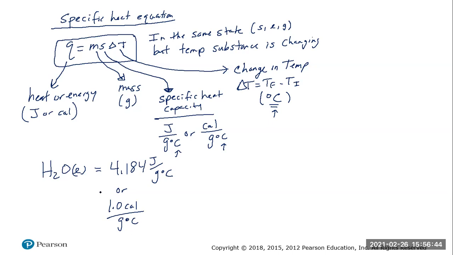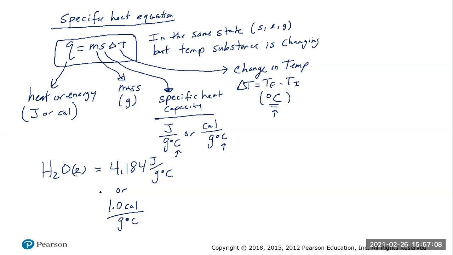If you want the specific heat capacity of ice, which is solid water, it's like 2. If you want the specific heat capacity of steam, which is basically the gas version of water, it's also about 2-ish and some change. So things do change depending on the state. Usually there's a table where you can look up these values, and you would want to look it up obviously for the substance and the particular state it's in.